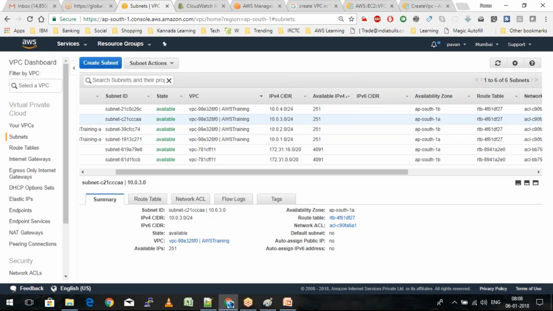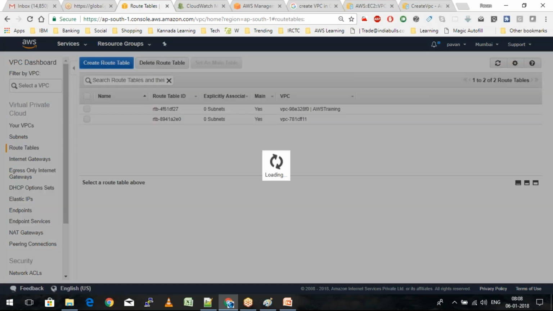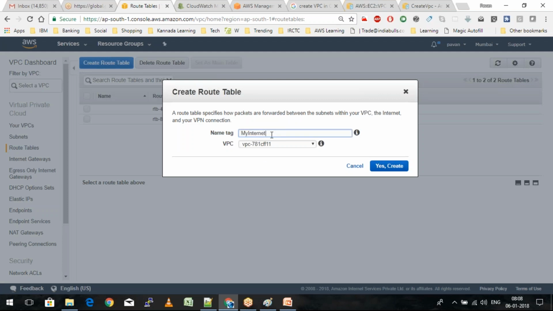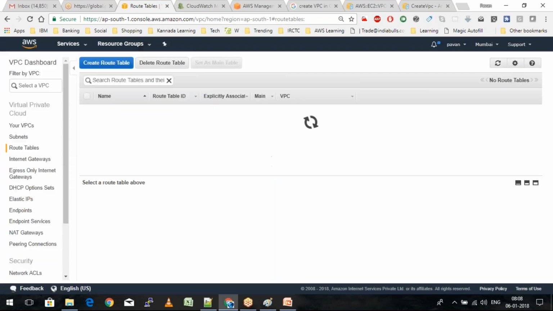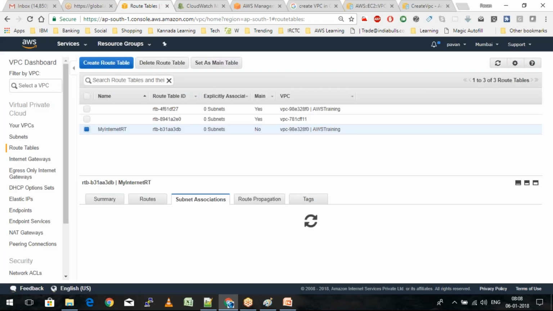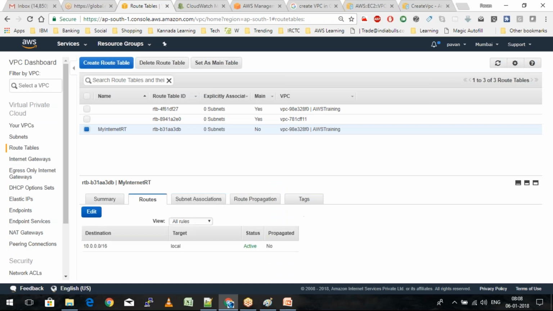Right, now I'm going to go down to the route table and create my route table here, and I'll name it my internet RT, sorry, my internet RT, and this is going to be a part of the AWS Training VPC. So specifically here, I'm going to define which are the two subnets which are going to become a part of the public, right?